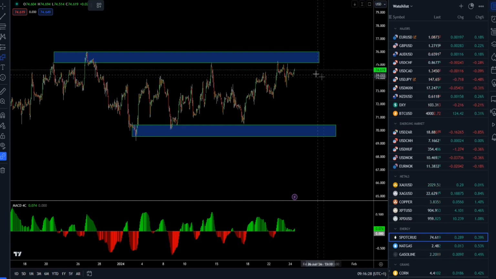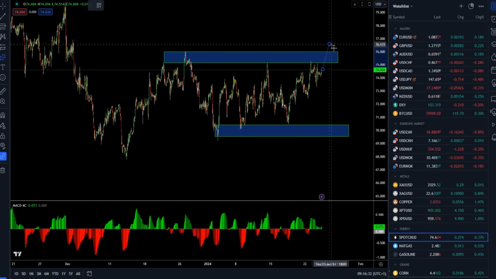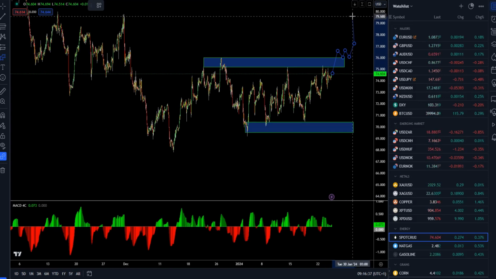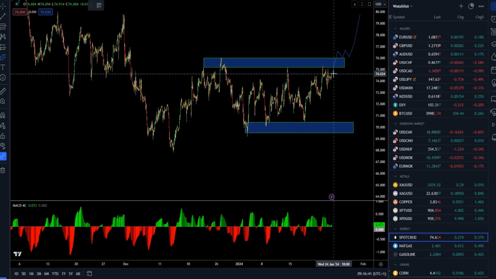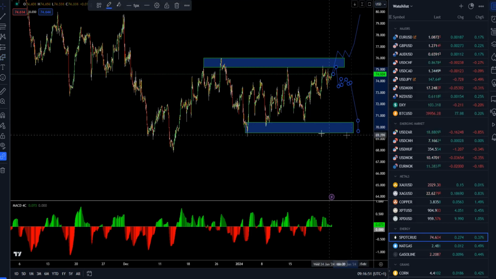So an eventual break of, let's say, 76.15 and hold above can be a good sign and can confirm the rally towards 79.50. In case of a rejection, for example, and a downside move, there is a rotation potential, a chance for the rotation back towards the 70.50 or even the 69.60 mark.